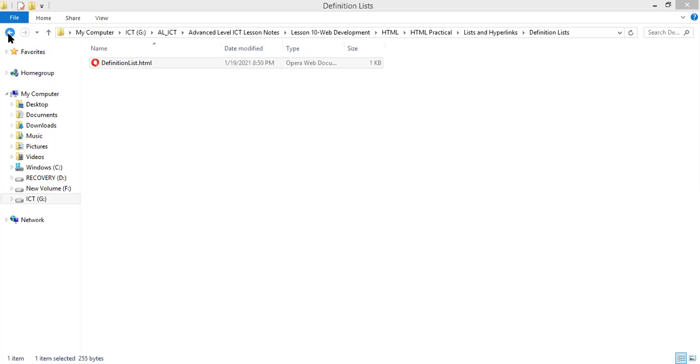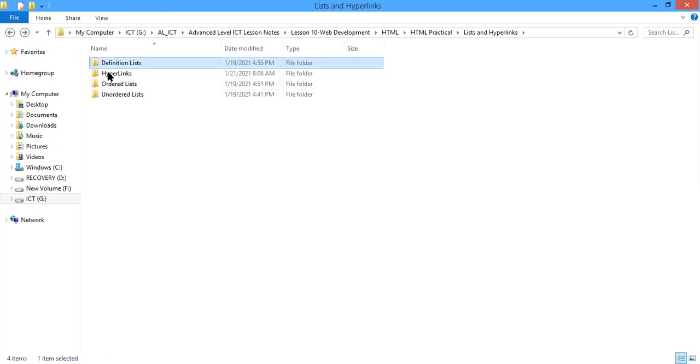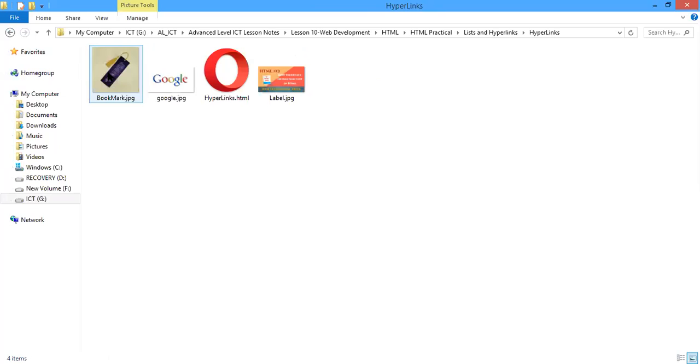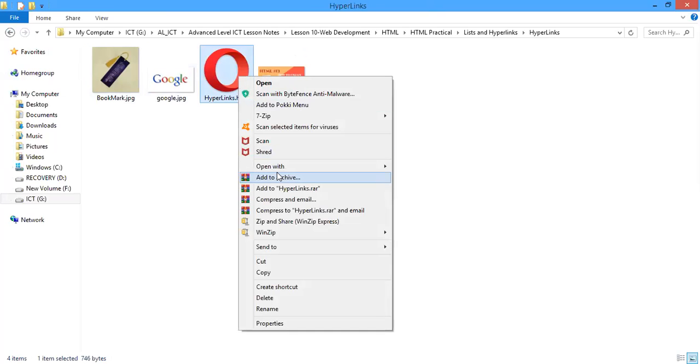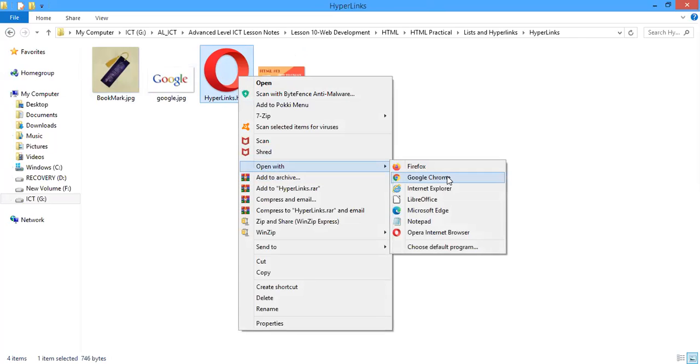Okay, then we will move to the next section of today's lesson, that is hyperlinks. We will first see the output of this file in order to get some understanding about what a hyperlink is.